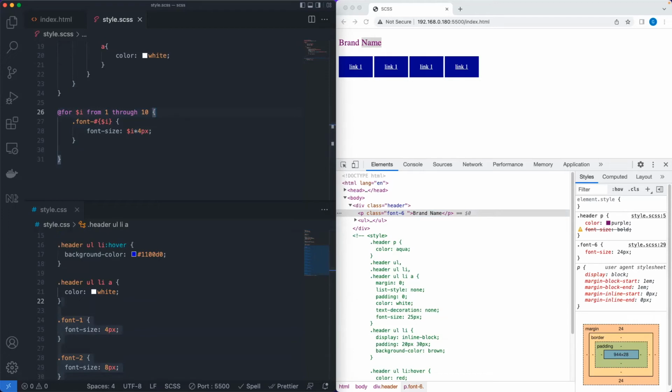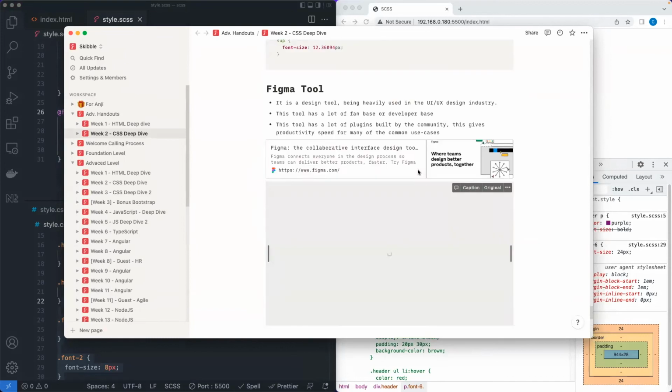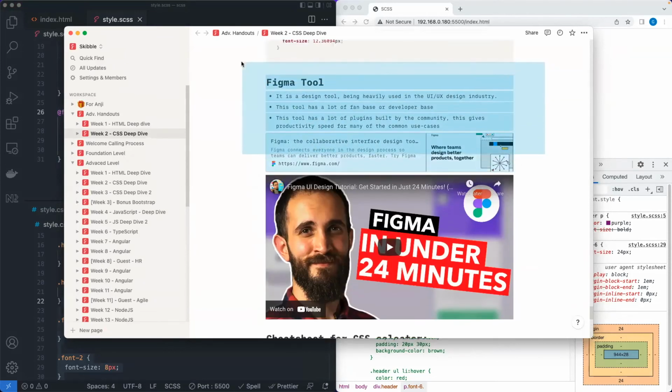So that's where I want to stop the session, because next session we will deep dive into SCSS. In the handout, there is a session. There is a video on Figma. Figma is a tool that you can use a lot. So